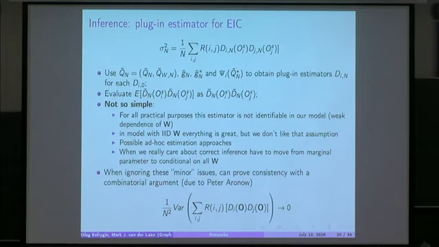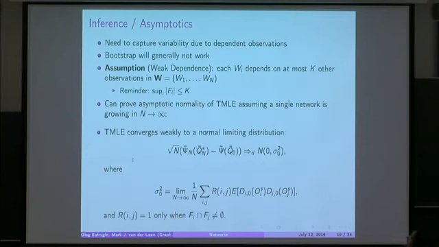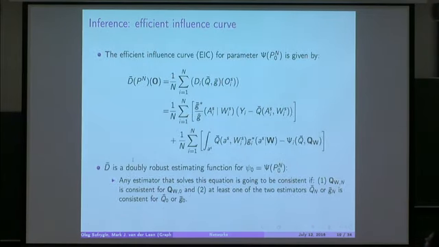But if we were to assume the IID model for our baseline covariates, meaning that all baseline covariates are sampled as IID, then everything works great. But we don't want that, because the whole point of this network was that there is dependence. So we don't like that assumption. There are possible ad hoc approaches. Essentially what we need is to evaluate this component of the efficient influence curve for i-specific observations.